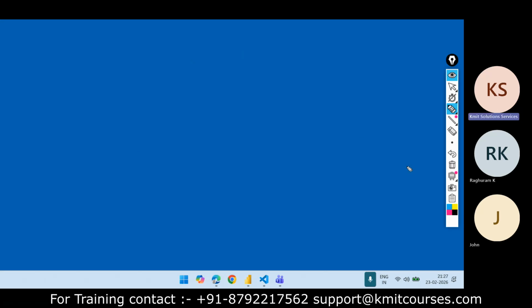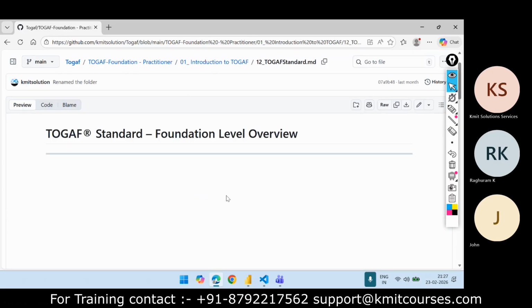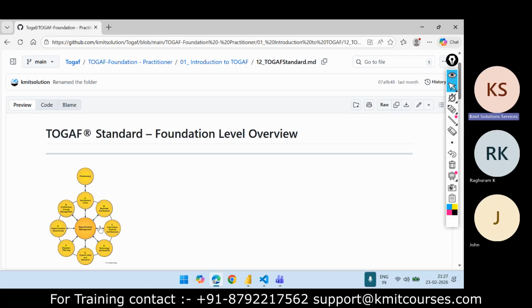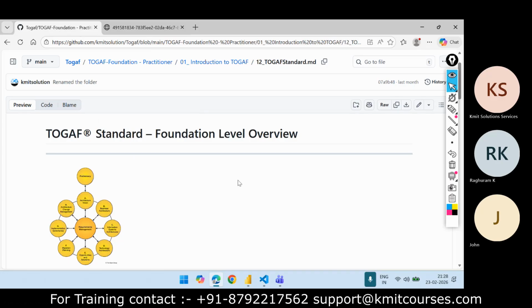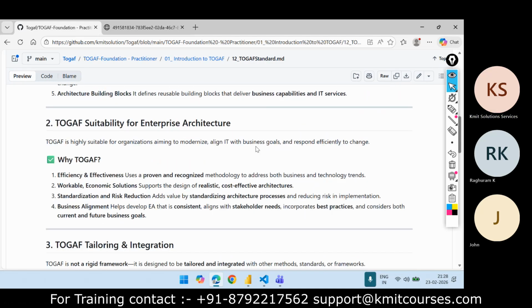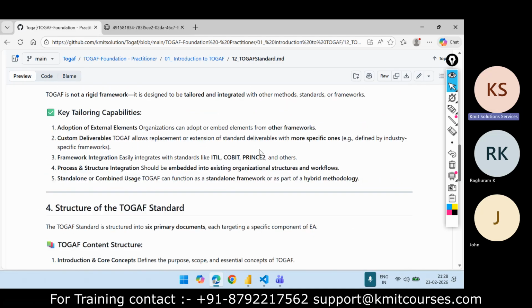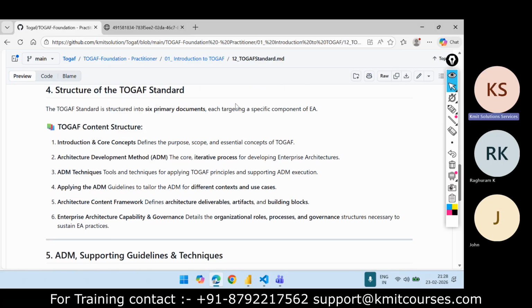Let me just go to my repository. Maybe I have a diagram. Right. So this is the TOGAF standard, that ADM cycle, which we will discuss. Right. So this is what I was talking about, integration and tailoring. Now this is what I'm talking about, the structure of the TOGAF standard.